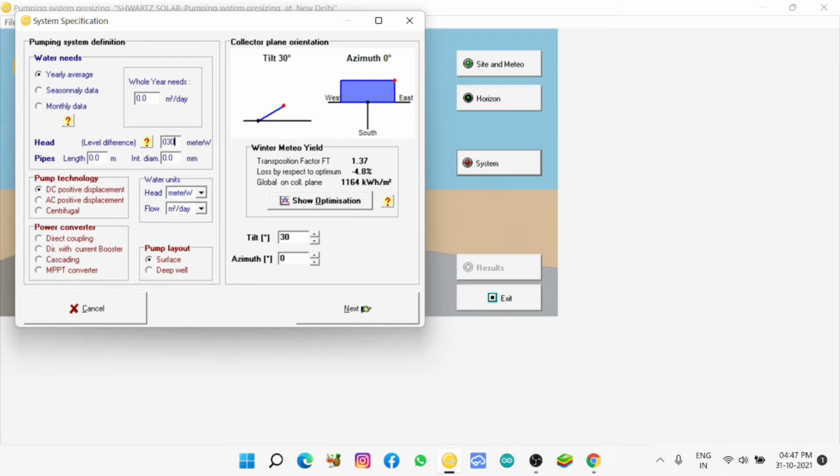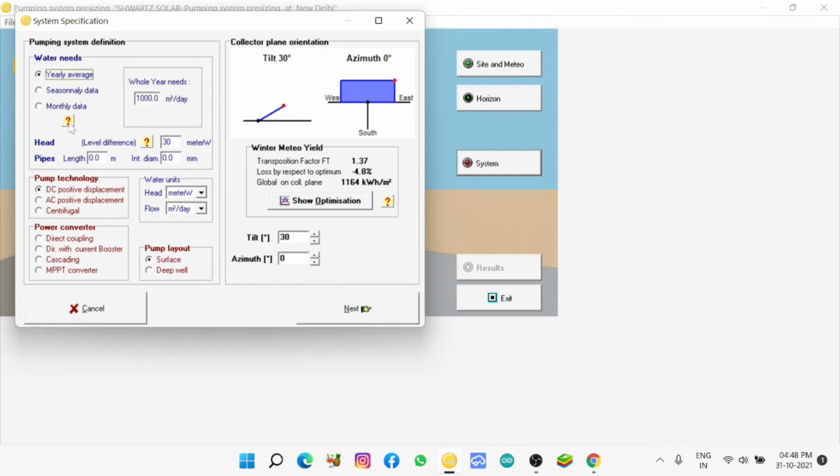as per the site conditions and the client's requirements, right? How much water capacity is needed, depth of the well, how much water you need in a year. So it is liters per day the pump has to work, so you can fill it. You can collect this data from the client. Head of the water, how much, see. So this is the system. For a pumping station, everything it will ask, you fill.